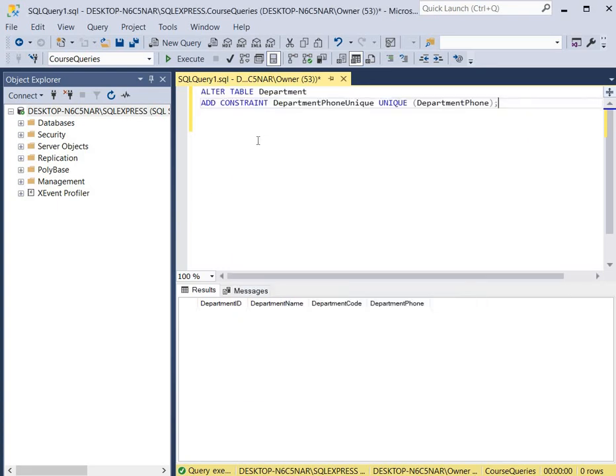So here is our query. We're going to use the alter table keywords, and that's saying we want to alter the department table. So you say alter table, the name of the table is department, and we're adding a constraint, so we say add constraint, and after add constraint you give the constraint a name, and we're going to call this one department phone unique, because we're trying to make sure that all the phone numbers that are entered into the department phone